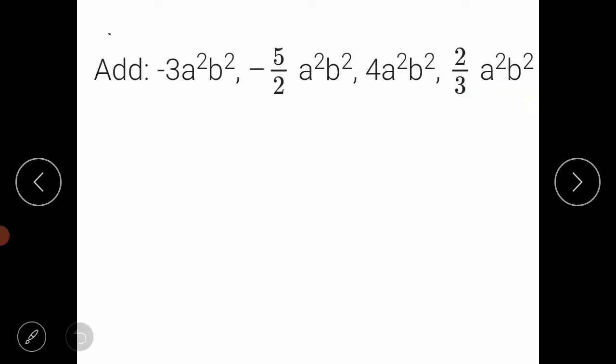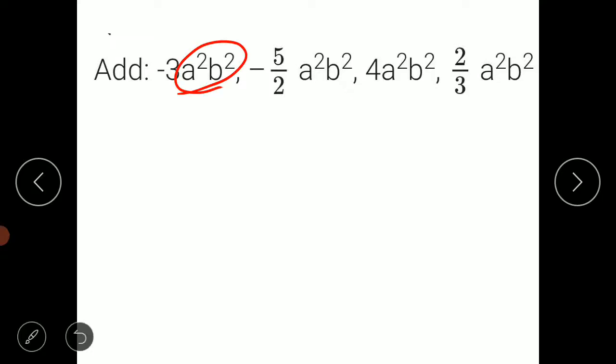Before going to add, addition can be done by the vertical method or the horizontal method. The vertical method takes much time. We need to arrange in vertical order, then find out. But the horizontal method we can solve quickly. So first let's find the like terms. When you are going to add or subtract expressions, pick up the like terms. Like terms we just learnt, is it? So you find out the terms here.